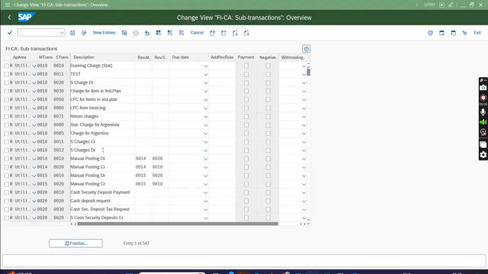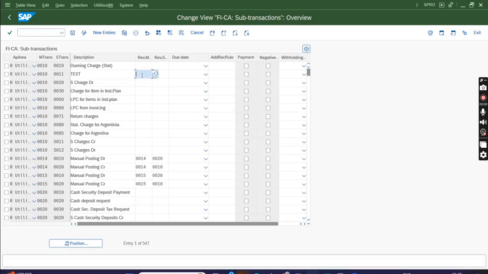No, no. Reversal main sub is not compulsory. But if you want to offset this, then you need an opposite sub transaction which has an opposite debit credit indicator. If I want to reverse 10, initially it is posted as a debit. Now when I want to reverse, it will not post as credit. For that I need another sub transaction which will be opposite. Even if I don't want to reverse, if I want to post an offsetting adjustment entry, then also I need the opposite debit credit indicator line. That is the purpose of the